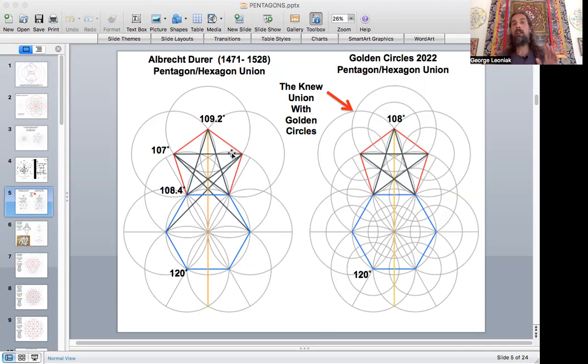And about last year, around this time, I discovered it's not giving us an accurate pentagon at the top, because the top angle is 109.2. Everything should be 108 within a pentagon, not 107 or 108.4. So this diagram is often used to talk about this merger between the hexagon and the pentagon,